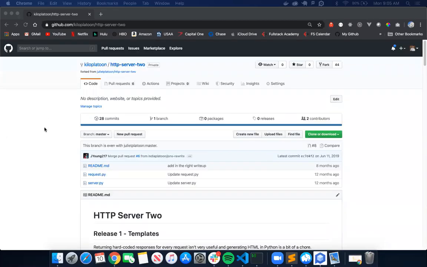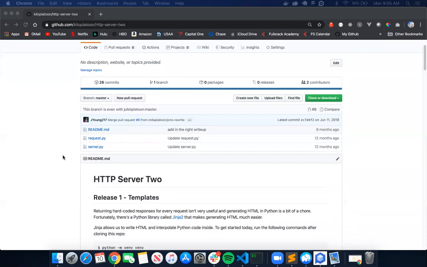So HTTP server 2. HTTP server 1, we kind of introduced how to interact with HTTP utilizing the HTTP protocol, using headers, and then making items show up on the screen in HTML, that's a string of HTML. HTTP server 2 kind of brings that all together and incorporates